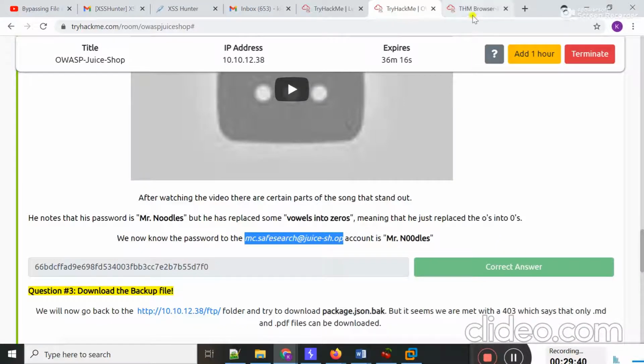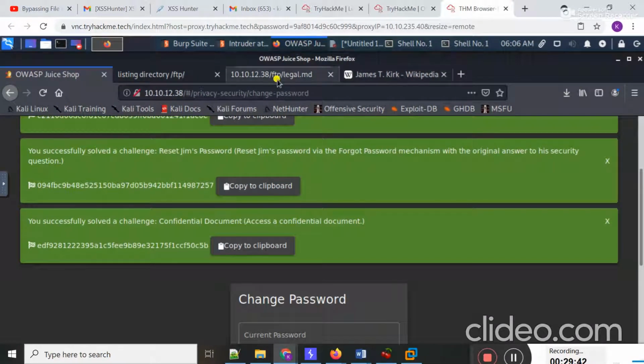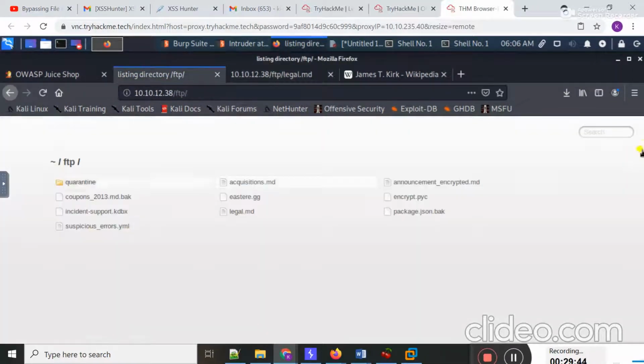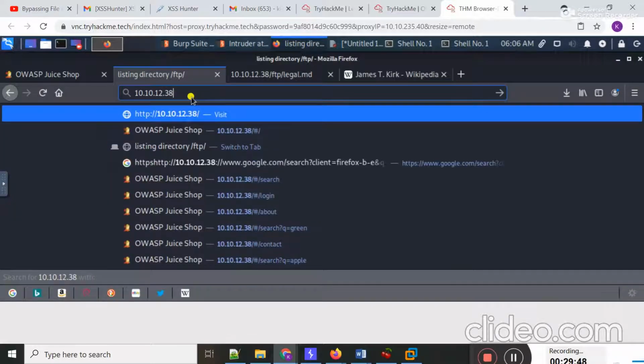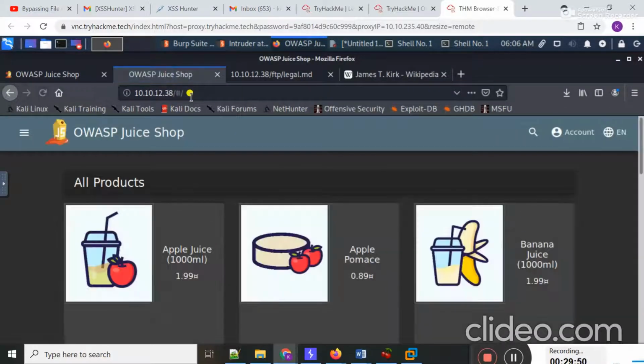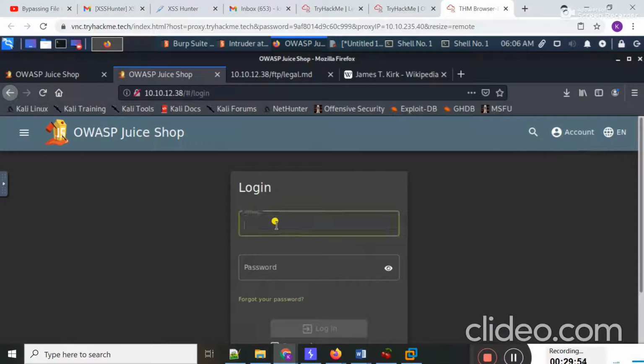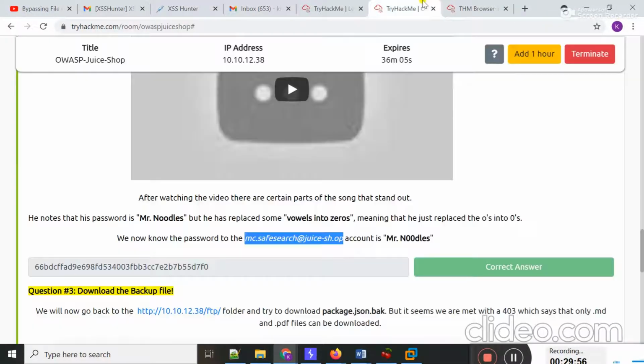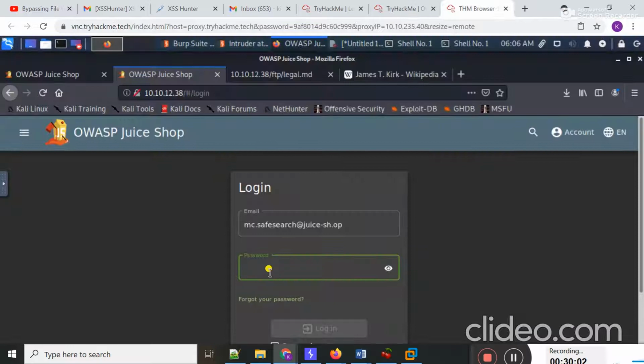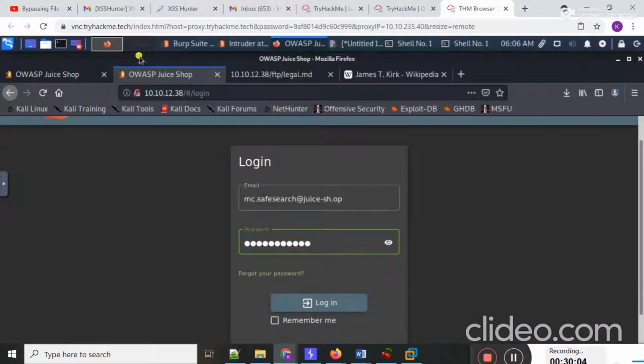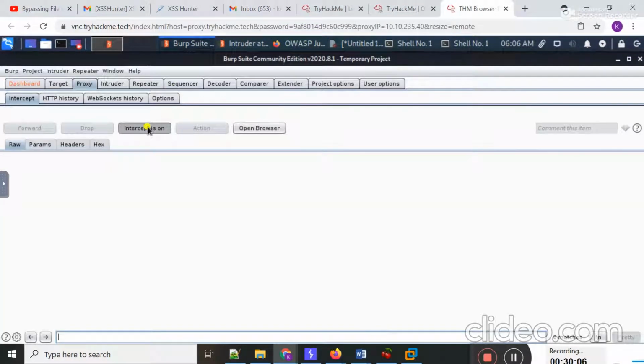I'm going to copy its email ID, and if I move to my login page, okay, I'm going to log in and paste the email ID here, and the password should be this one. I'm going to copy it from here and paste it, and Burp intercept should be on.